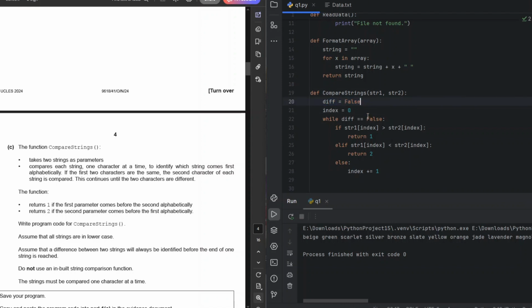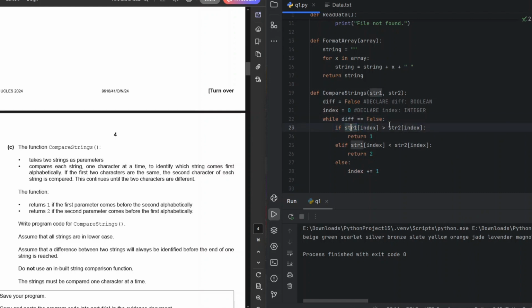So what I did over here is declare a variable. Oh yeah, and I also need to declare the comments. So yeah, I've declared these two variables and then run a while loop that if this is equal to false, then